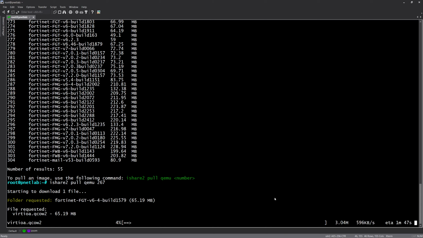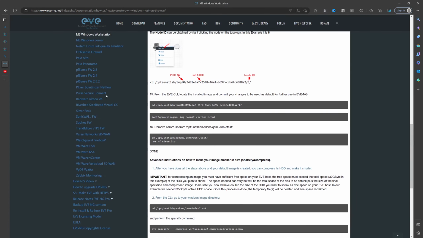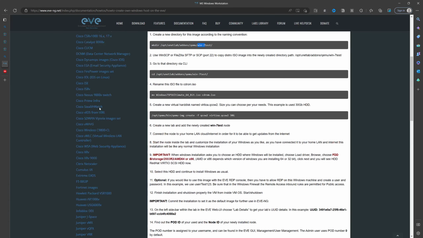Until it is downloaded, I want to show you, after you download the Windows installation pack, there are some steps you will need to take for your lab to work smoothly without any issues in the future. Okay, if you don't have this one, you can go back and check the documentation here, the 40 gig